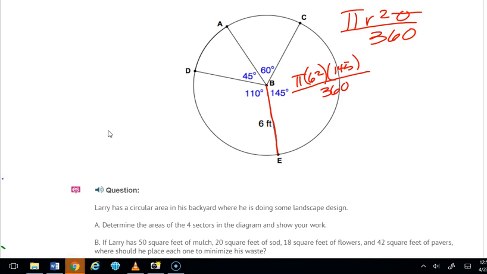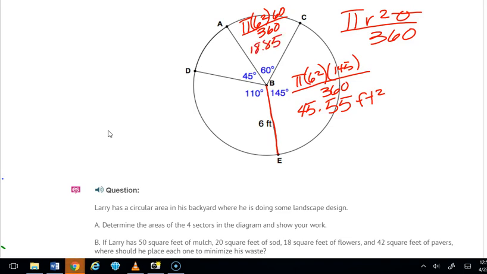And let me find my sheet here that has my work on it. Hang on a second. Okay, so for this one, we're going to get 45.55 feet squared. Then I'm going to do the 60 next. So this one again is going to be pi 6 squared times 60 over 360. And when I do that, I get